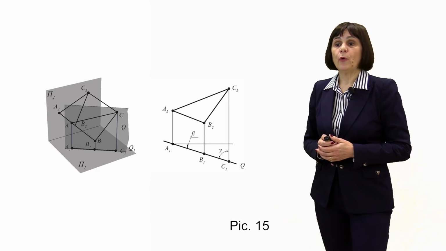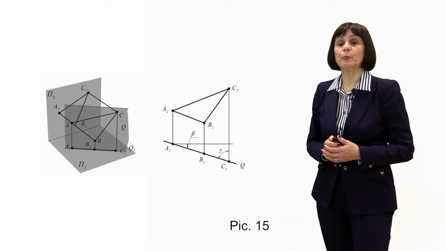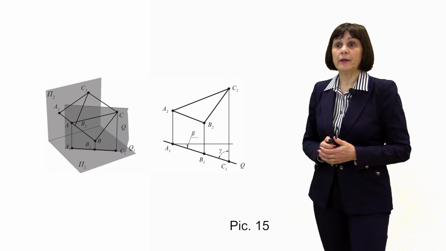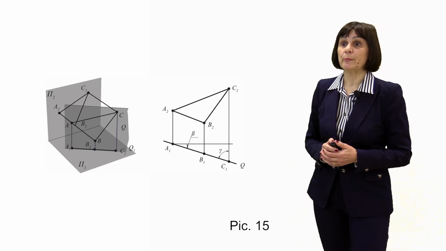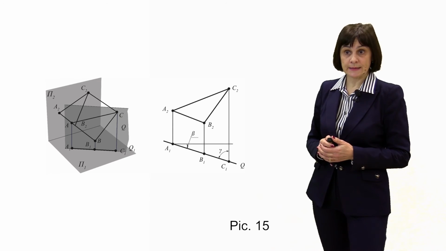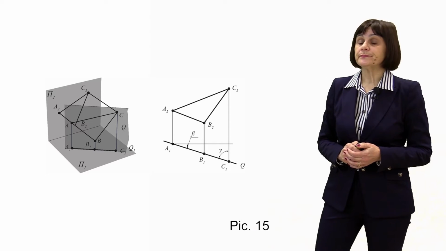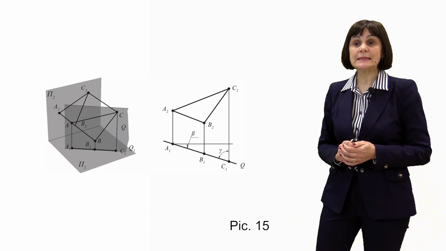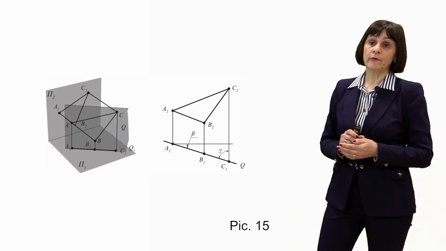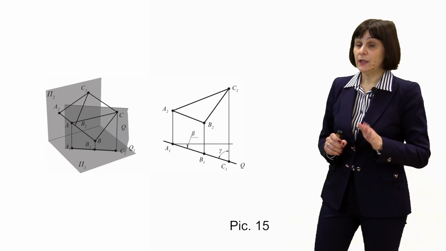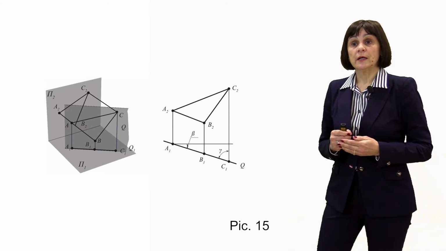The angles of inclination of the horizontal projection plane to pi 2 and pi 3 are projected on the horizontal plane of the projections in full size. So, on our right drawing, we can see that on the frontal projection plane, we have the image of the triangle